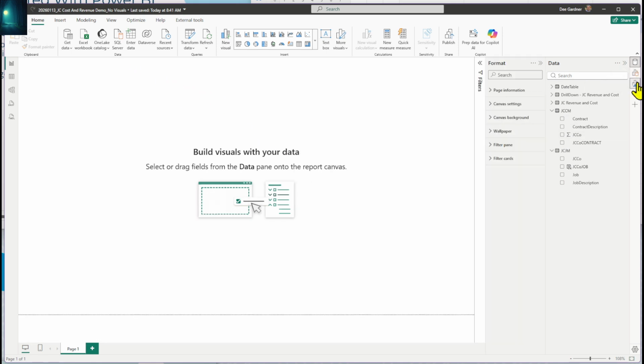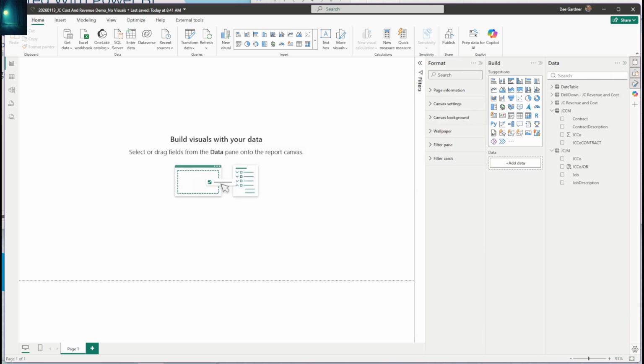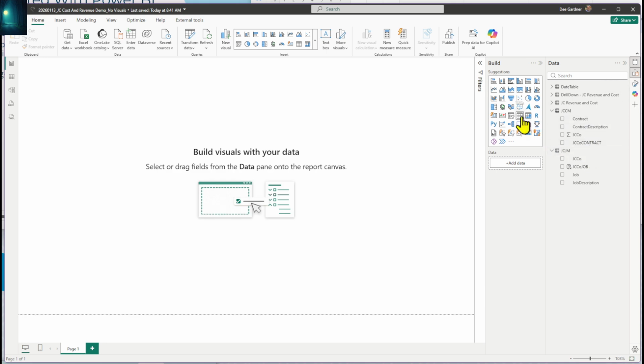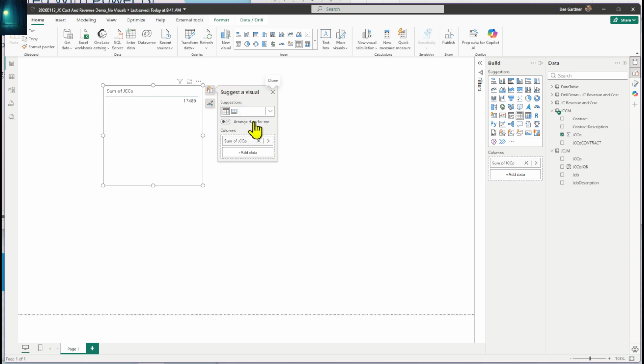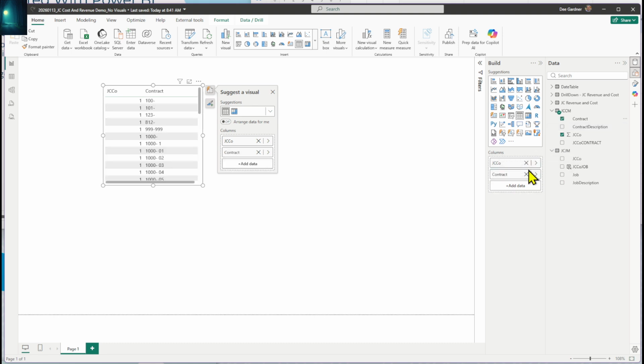So let's bring up our visuals here. So the first thing we can look at is a table. We'll bring the table over here and we're going to look at the company. So we can drive the company over here, and right here it's summing that. So that's not what we want to do. So we're going to change this to don't summarize. So this shows the different companies. So we've got our live companies and some of our test companies, and then we can drag the contract out there. And so you can see,